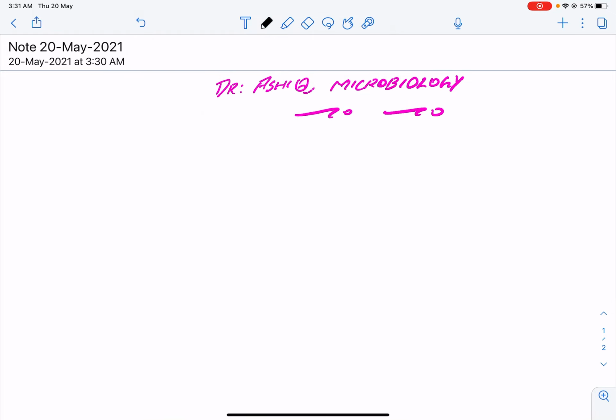From various sources, from various videos, I'm making it short and in fast form so we can revise for all the exams. This is from different authors, different books, different videos. I'm making it very short. So everyone knows, when we started the class microbiology, the first thing we heard in the class was gram staining, right?